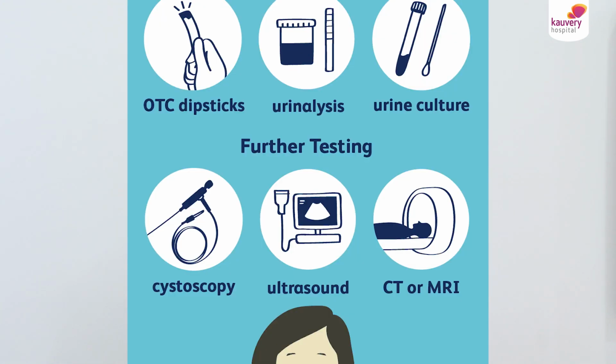Now the next thing is, other than the symptoms, how do we diagnose? For diagnosis we do certain blood tests, certain urine tests, we do certain radiological tests. So this can include ultrasound scans, CT scans, occasionally urine flow tests also we can do. Then next is, how exactly do patients get urinary tract infections?